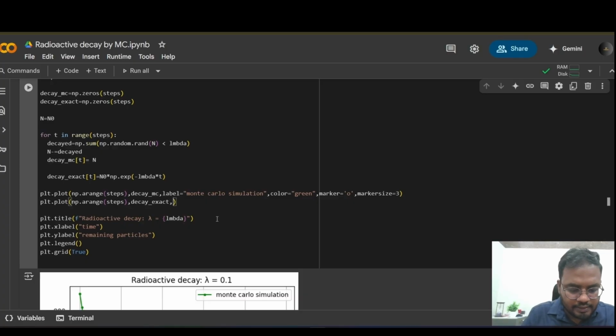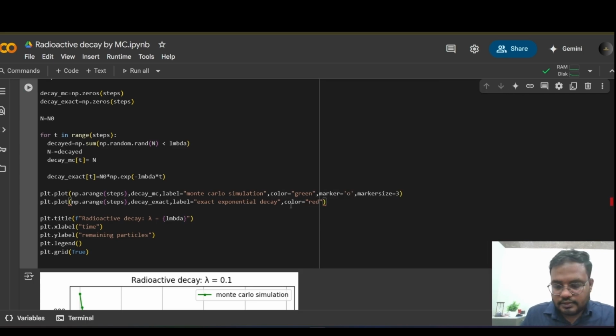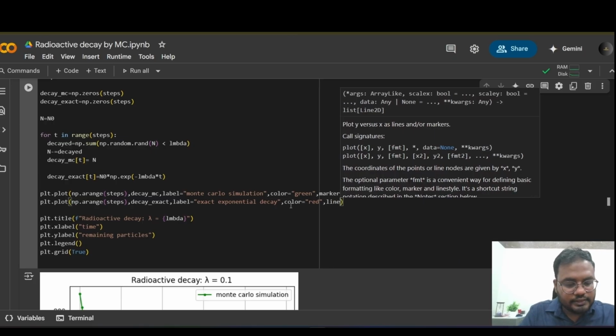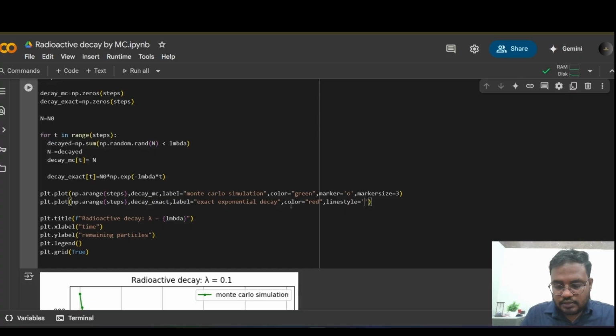Then label exponential decay, or exact exponential decay, color equal to red, and then linestyle equal to this one.